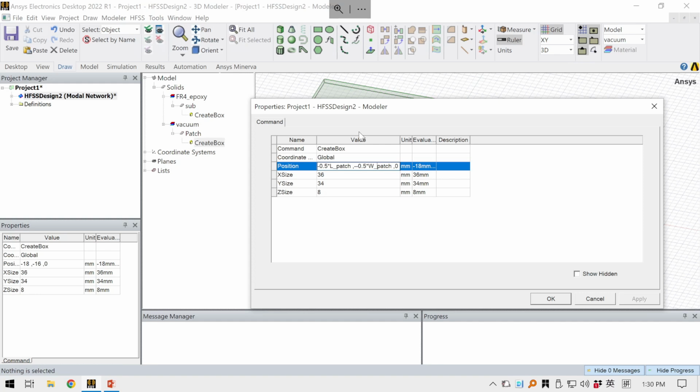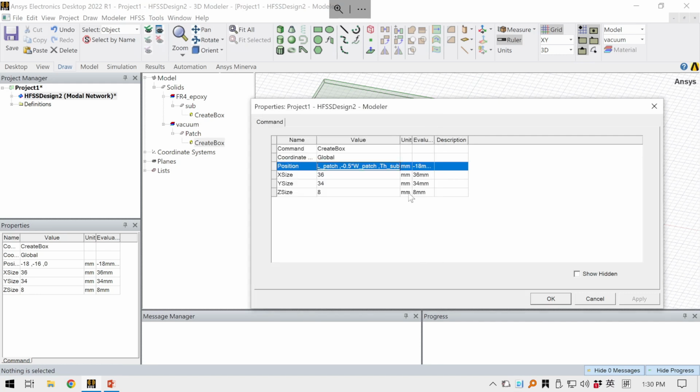And the Z, remember our patch should be above the substrate, so our start position here is not 0. 0 is the start position of the substrate. Now here should be the thickness of our FR4, which is sub h sub. That means it will start from the Z